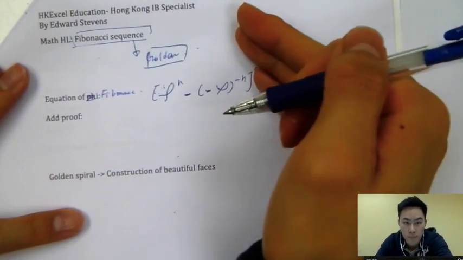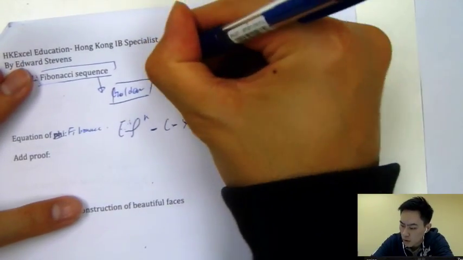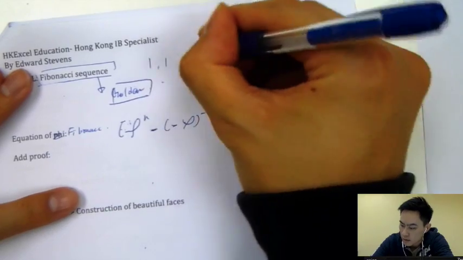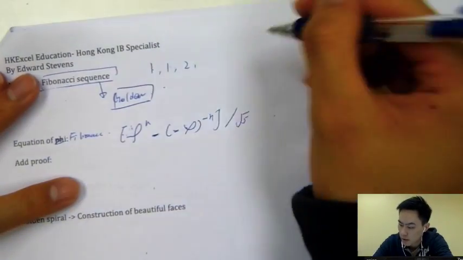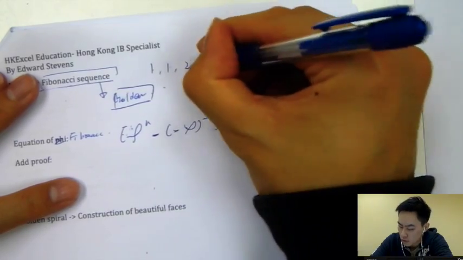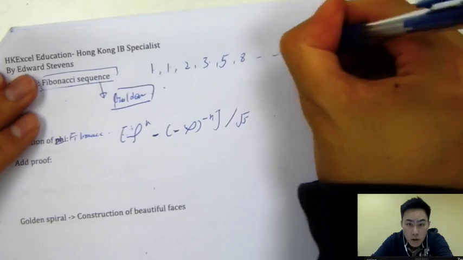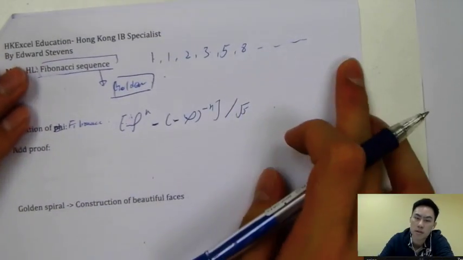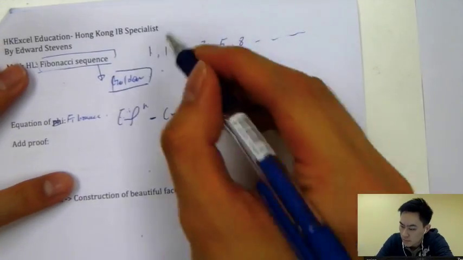Actually, the Fibonacci sequence, if you search online, will first start with 1 and then 1. The third number is 1 plus 1, which is 2, and then 1 plus 2 is 3, and then 2 plus 3 is 5, and then 5 plus 3 is 8, and so on, right? But how is this sequence related to the golden ratio? You can actually see,